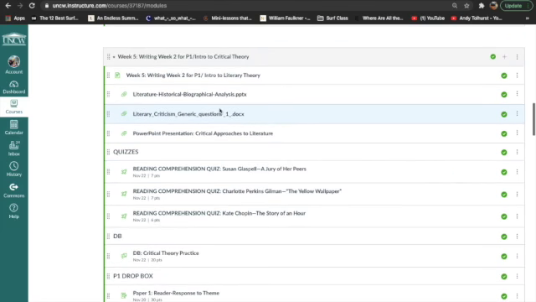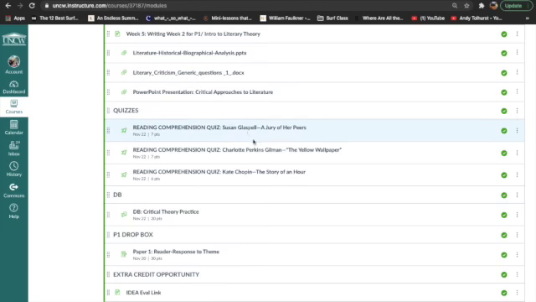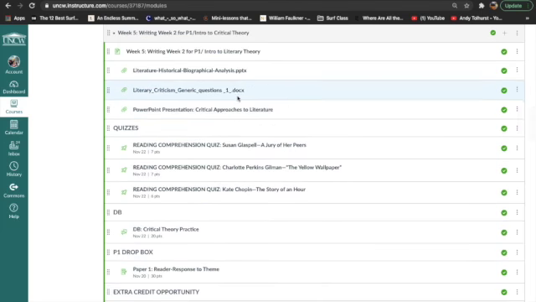And then you've got a week's regular assignment of reading. There are ultimately 3 stories that you'll be reading, all tied around issues of gender studies. One from Susan Glaspell, one from Charlotte Perkins Gilman, and one from Kate Chopin. Loosely, these 2 are sort of medical in nature that might be appealing to you. And this one is more of a social construct, but all 3 deal in gender and feminist studies. So you can begin to see how you kind of approach stories through a critical or literary theory eye, right? These links are intended to help you gain some context and background knowledge of those approaches. And these are the 3 stories that you'll then actually be reading